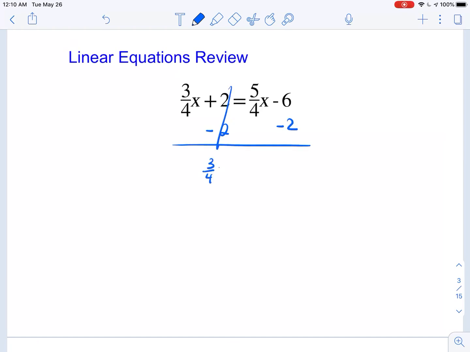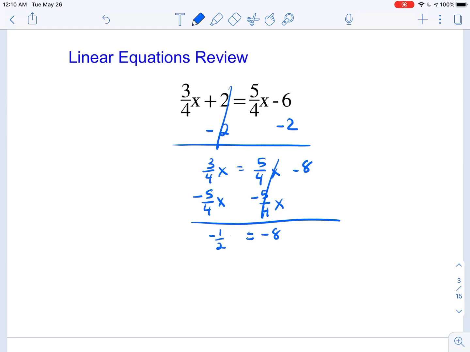So I get 3/4 x is equal to 5/4 x minus 8. And I'm going to subtract this x term to this side. Now again, it does not matter which side of the equal sign you isolate your x on, as long as you follow the inverse operations appropriately. Now this, when we subtract 3/4 minus 5/4, gives me a minus 2/4, which actually gives me a minus 1/2